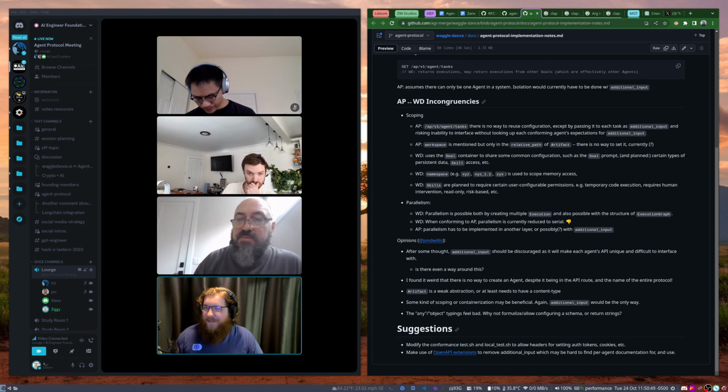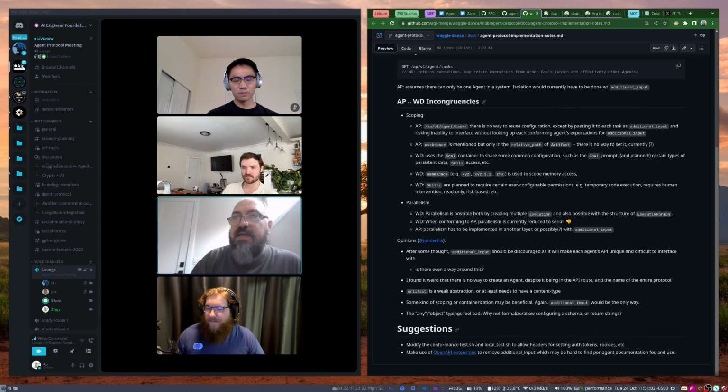So that authentication type stuff is exactly what the plugin system would hopefully accomplish, so that we could create extensions to the protocol that handle things like authentication. And it's not just that; there are two layers of auth that you want to think about, right?